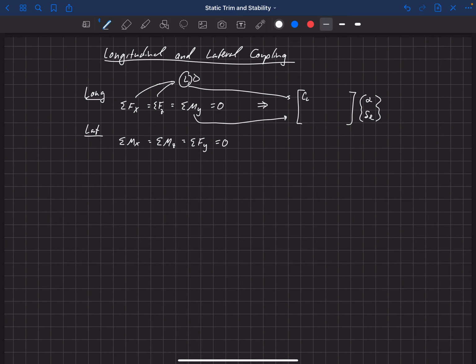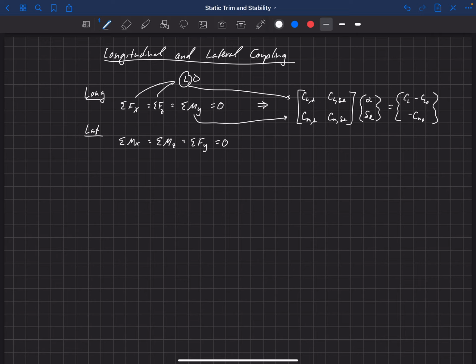So we had a change in lift with respect to alpha, a change in lift with respect to delta E, a change in moment with respect to alpha, a change in moment with respect to delta E. And then that equaled everything on the right-hand side, which was all of the stuff when alpha and delta E were set to zero. And so we had a CL minus CL0 and a minus CM0 over there.